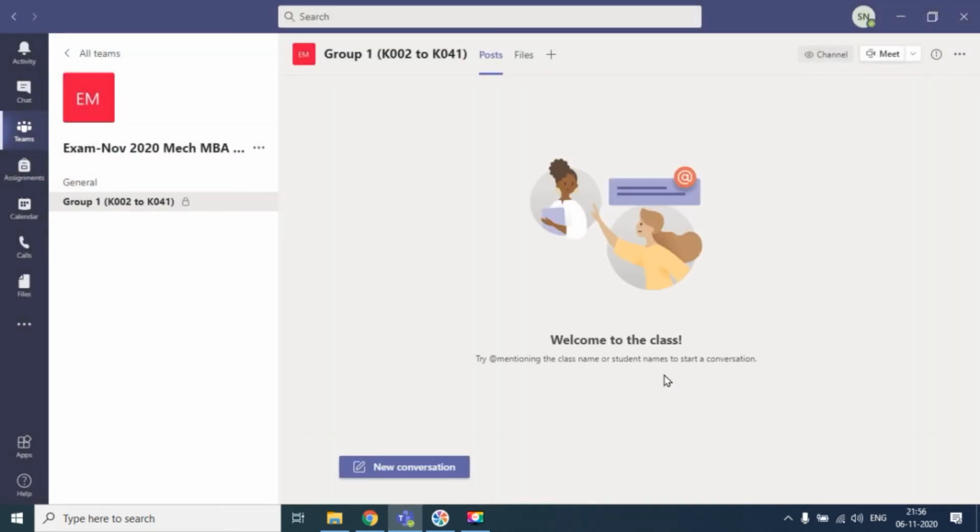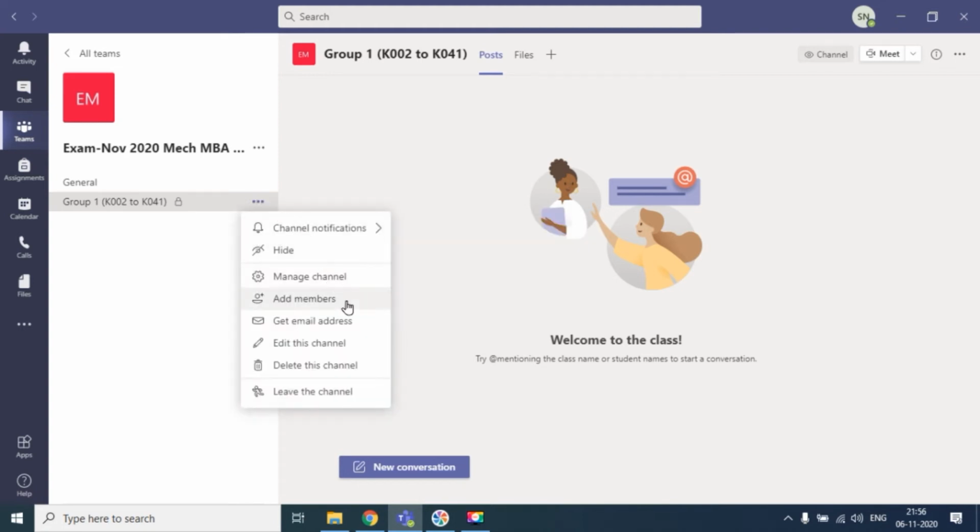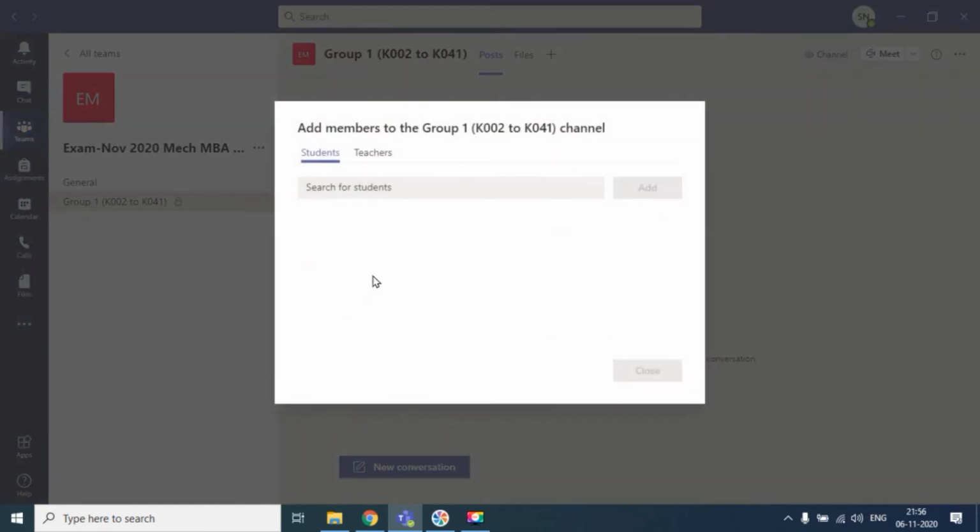just click on done. Okay, and once again, if you still want to add someone, make sure you do click on the 3 dots in front of this group, because the students are already there in this team. From this team we want to add them in this particular private group. So we would be needing to click on the 3 dots over here and add member. When you click this, make sure the student tab is on, and then you can add the student.